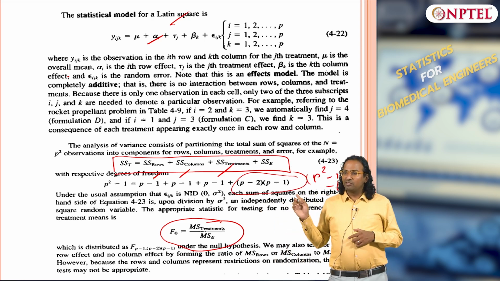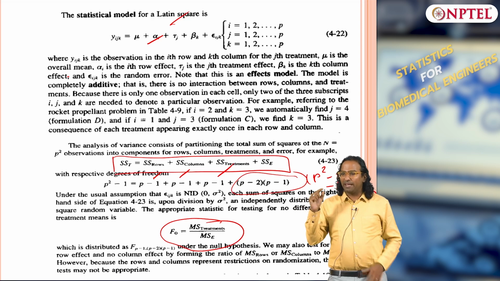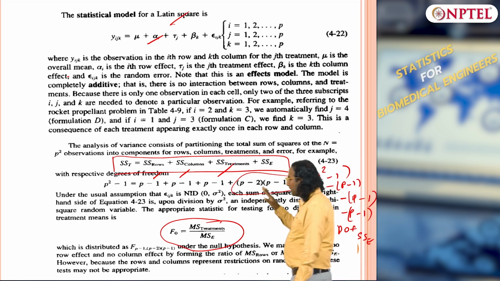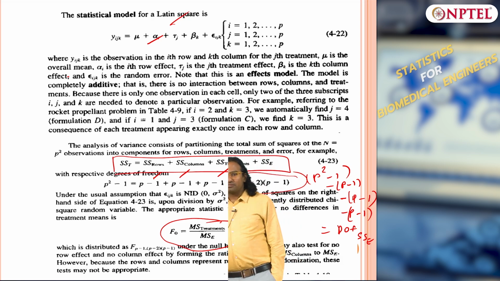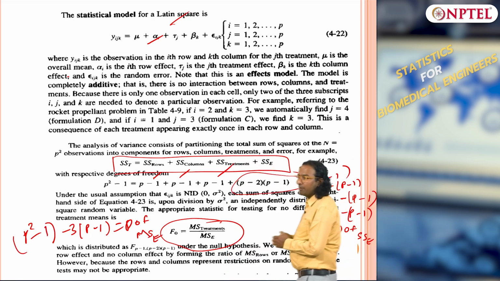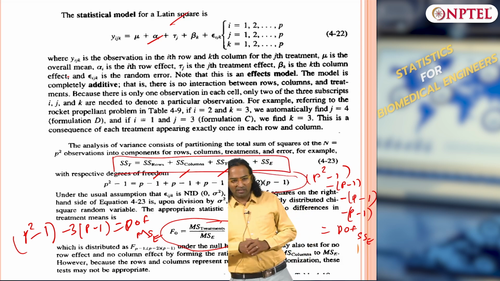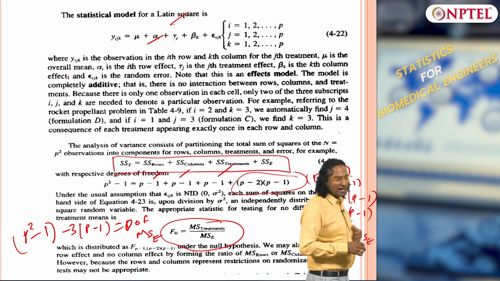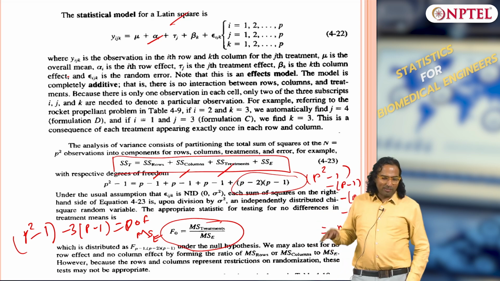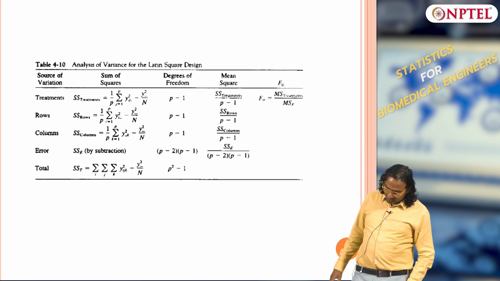Any questions so far? Does it make sense? Only one p, the square element, has to be chosen. If you choose the p, everything is fixed. So now we have the F test again, mean square treatment over mean squared error. Keep that in mind, all of them run under the assumption of Gaussianity so far. We have not moved out of Gaussianity.